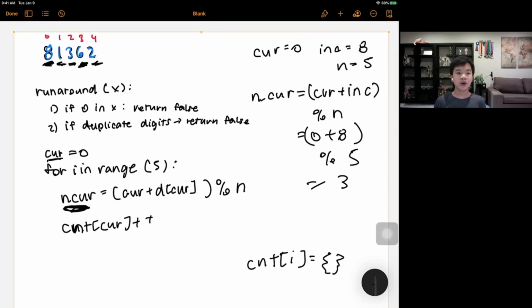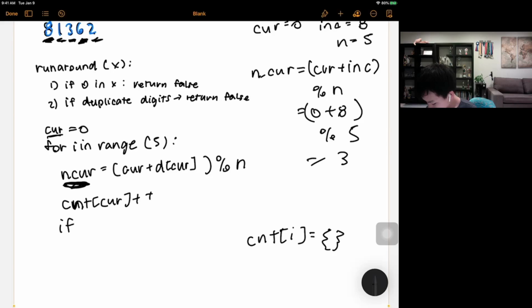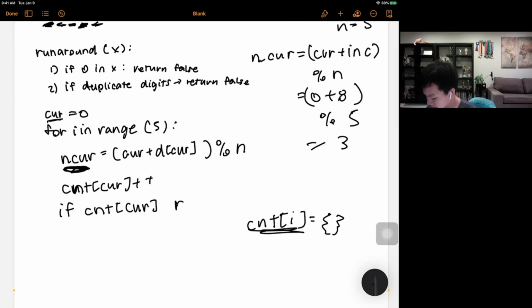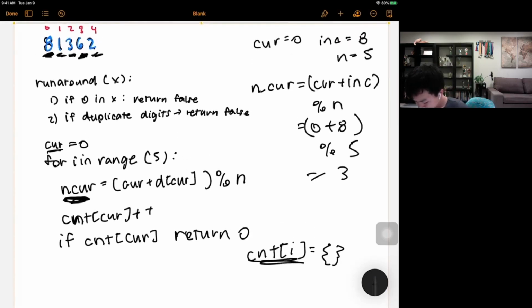Okay, so what if we go back to a digit that's already touched? In that case, we have to return 0, or return false, because this is invalid. So basically, if there's already a count of current, then this won't be valid, so you just return false. Okay. So now you know that this would simulate the process, but you have to make sure that